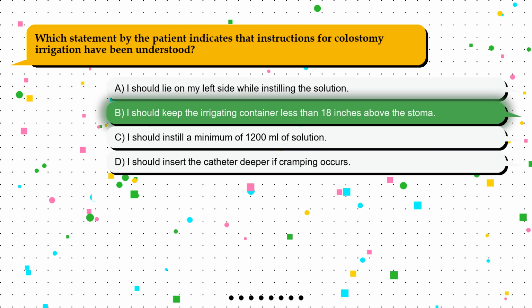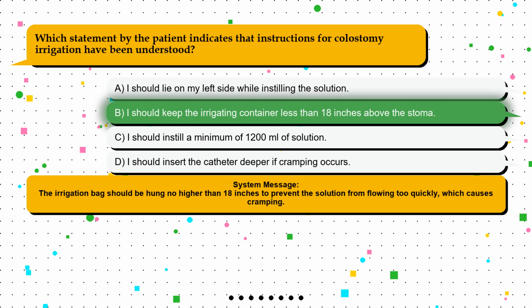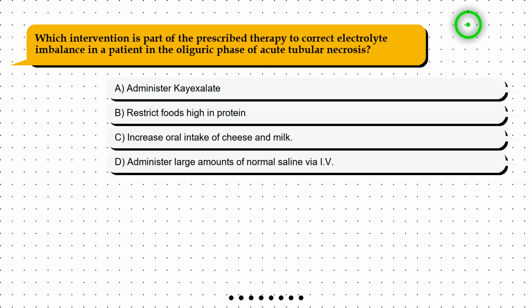The correct answer is option B. I should keep the irrigating container less than 18 inches above the stoma. The irrigation bag should be hung no higher than 18 inches to prevent the solution from flowing too quickly, which causes cramping. Question 6. Which intervention is part of the prescribed therapy to correct electrolyte imbalance in a patient in